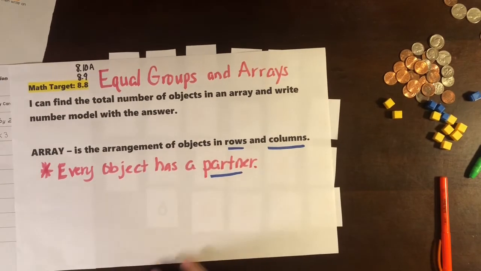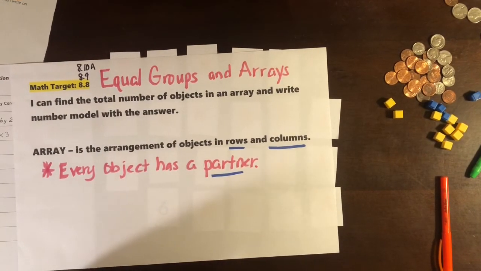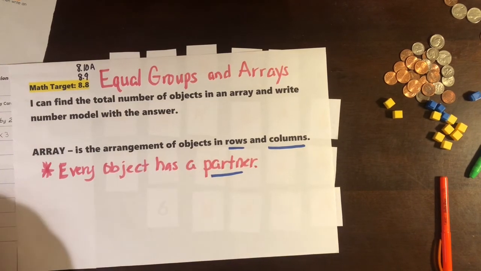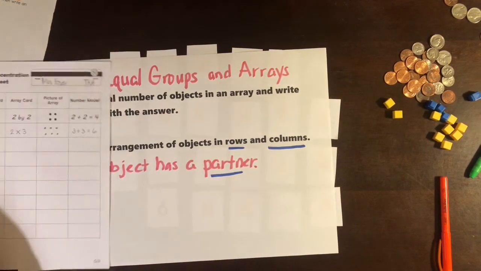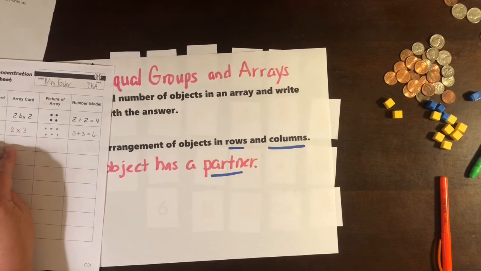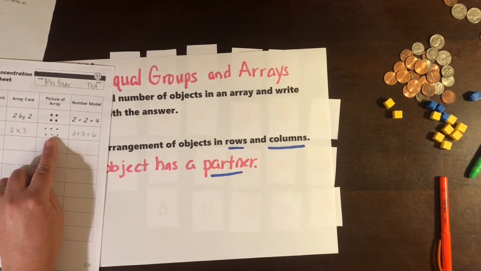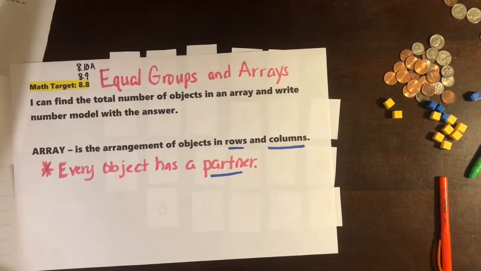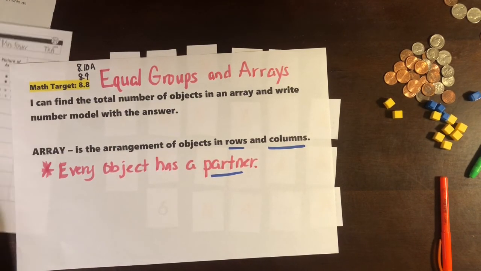I can find a total number of objects in an array and write a number model with the answer. I think we're doing that because we are finding number cards with an array card, so we're finding those arrays, we're drawing our array, and we are finding our number model. And I think y'all are doing pretty well at it. I think we're getting this